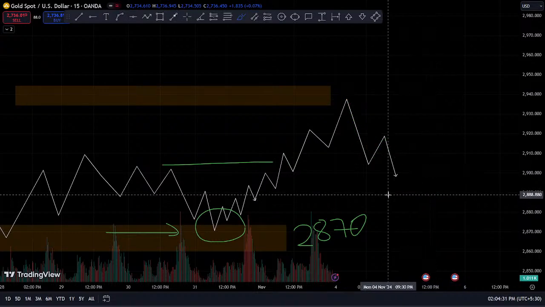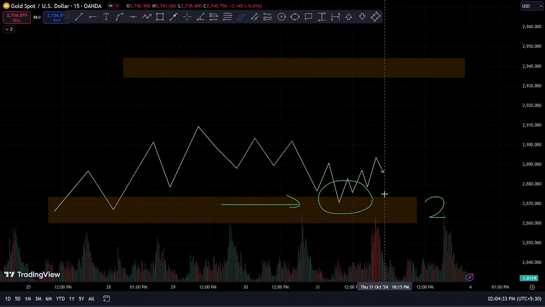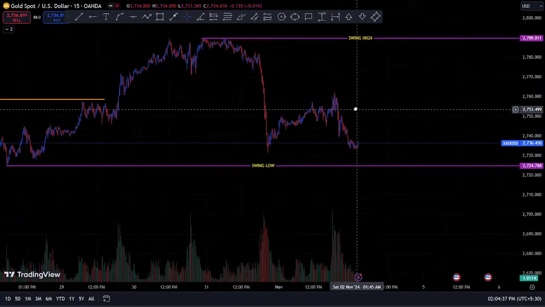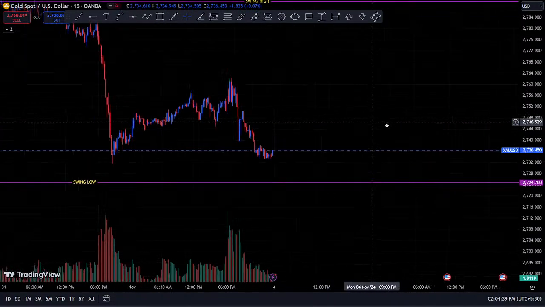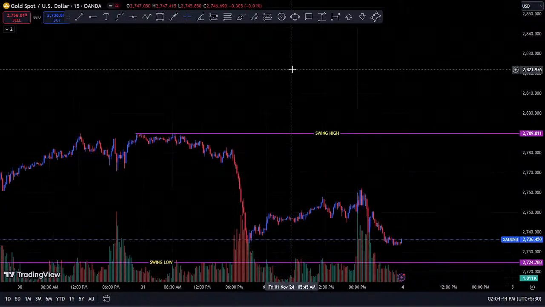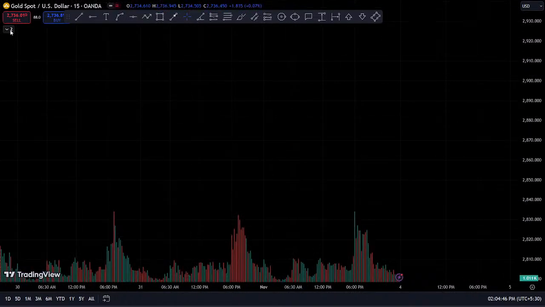Okay, so this was the concept of supply and demand. I'm just giving the overview of how this forex market works, because this is how we trade. Okay, so what you should look for in the charts. Okay, so the number one thing is